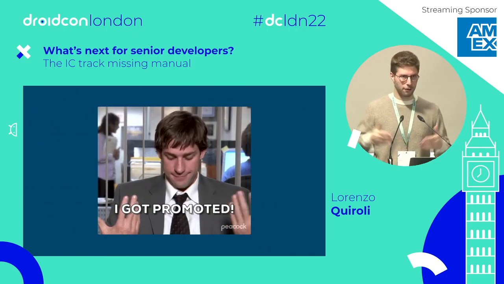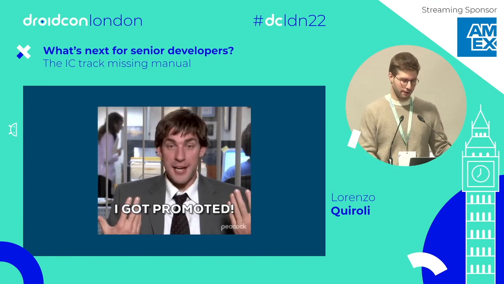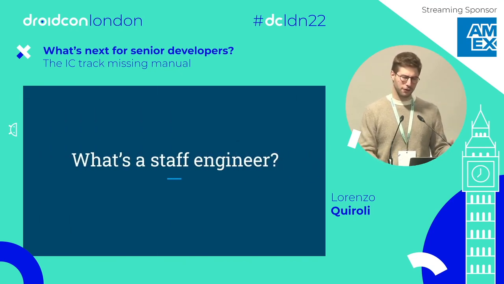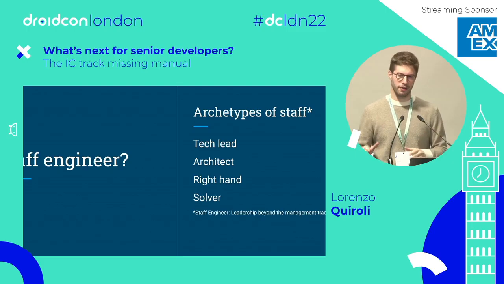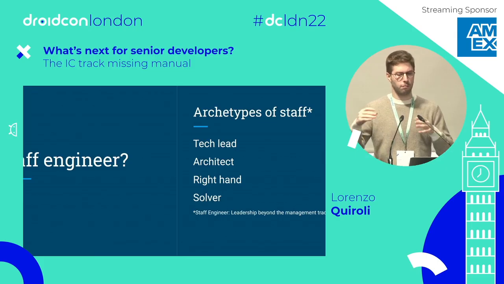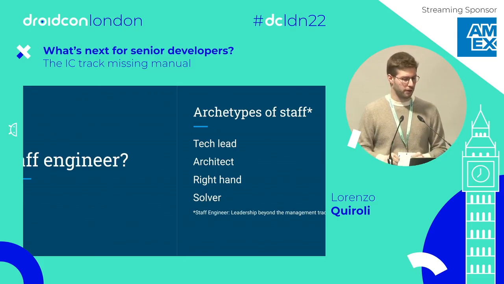Now, hopefully, after all this, you will eventually get there. But what's the role actually like after you've been promoted? Well, I think staff engineer is different from senior engineer because there are different archetypes. It's not such a straightforward role that is more of the same in every single company. Staff engineer depends a lot on the company they're in. The expectation, the requirement, and what they do can be widely different.